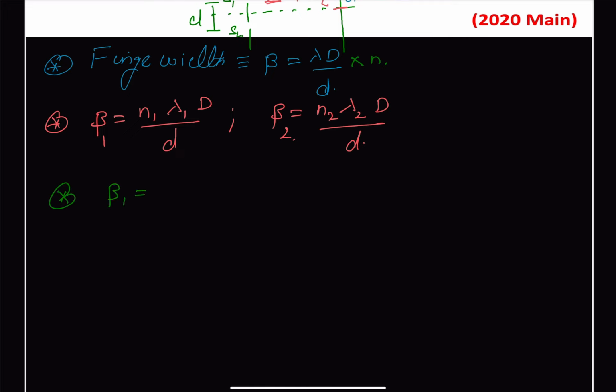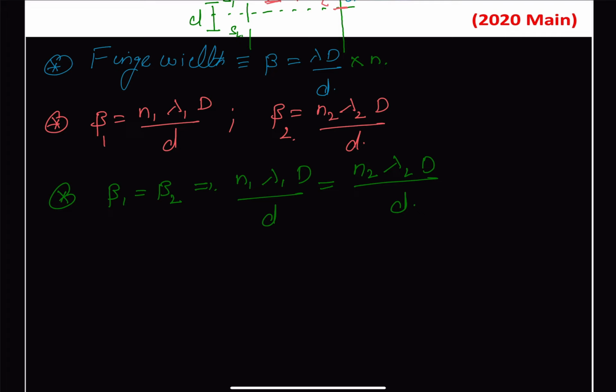Beta 1 is equal to beta 2, so therefore we can write n1 lambda 1 D upon d is equal to n2 lambda 2 D upon d,